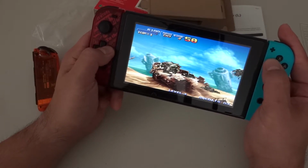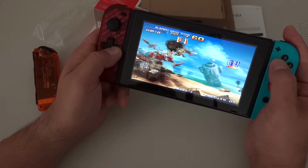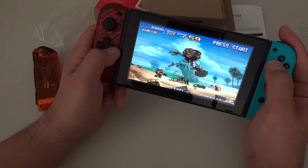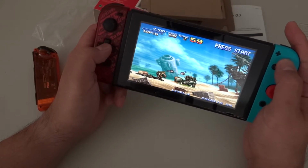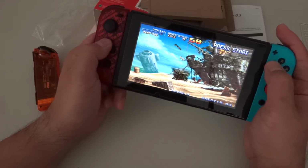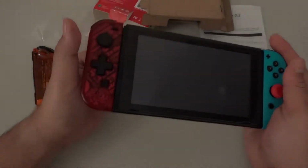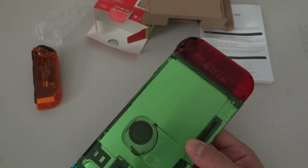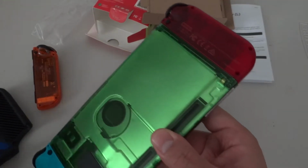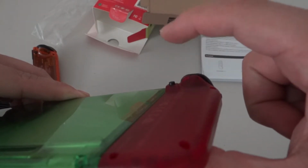There's no complaints on that end. It's just that if you want to make those compromises to get a really good 2D feel for using the D-pad, the compromise is you're stuck to enjoying that on a handheld only mode. The other personal gripe that I had with this controller, and this tiny little tab here,